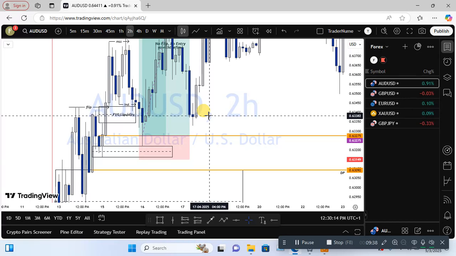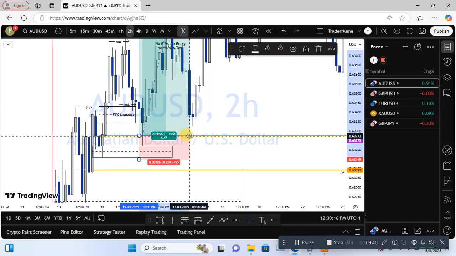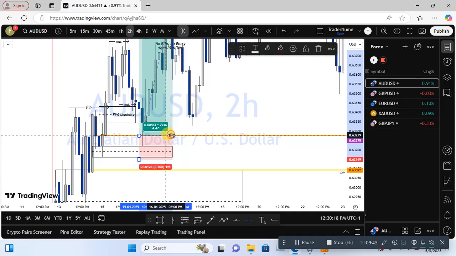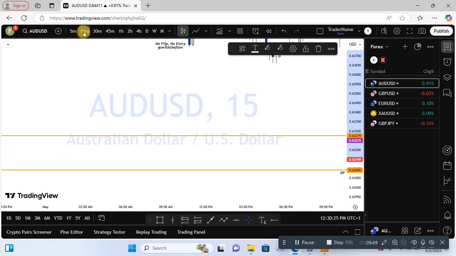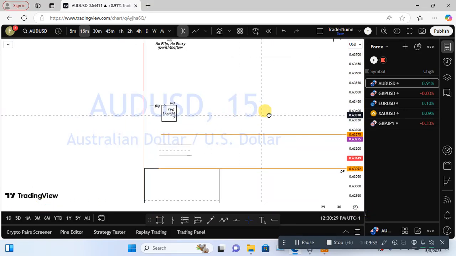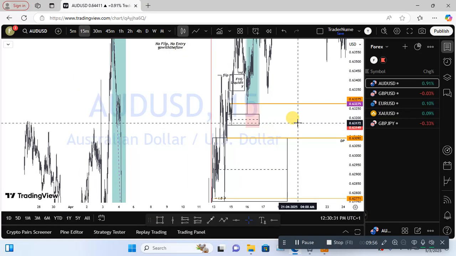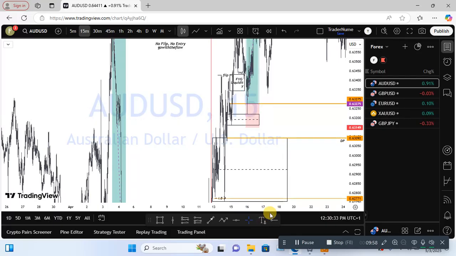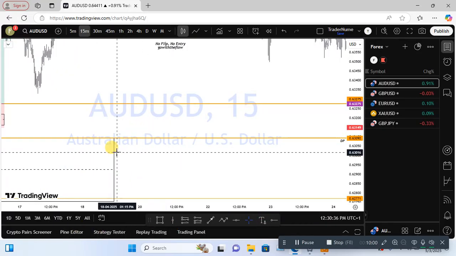So now this is actually a risky entry. This is actually a risky entry, but I'm going to go to the 5 minutes, or let's say 15 minutes, to do some markups to see where price mitigated, to now know if this level is valid but it's still a risky entry because